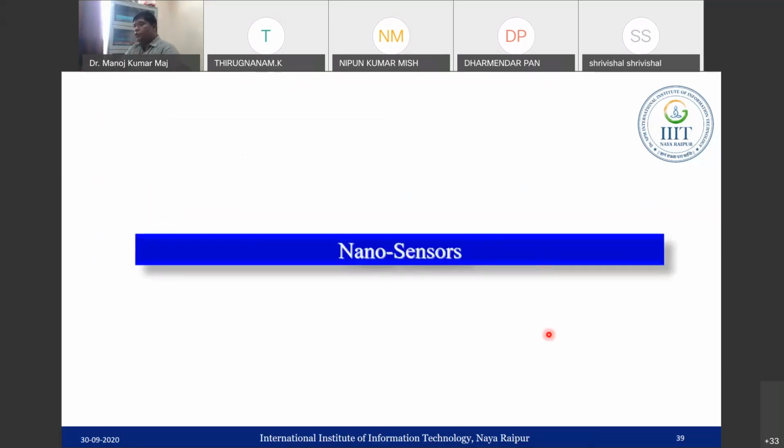So now these are all the available sensors in the market. Now I will put some light on the nanosensor, and this is my last topic. In the case of nanosensors, some kinds are already available in the market, but we are still performing our research on nanosensors. And if you go to the IISc Bangalore INUP facility lab, we can see that a huge amount of research is going on